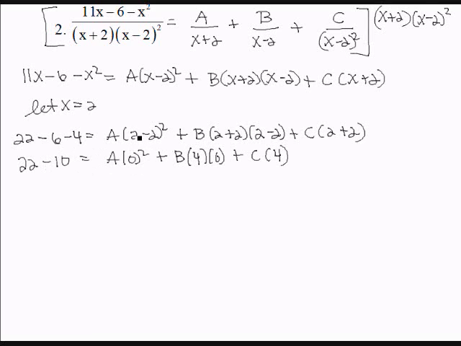So notice on this side I just get 22 minus 10. This becomes 0, it's gone. This becomes 0, it's gone. So I'm just left with 12 equals 4C, C equals 3. So now